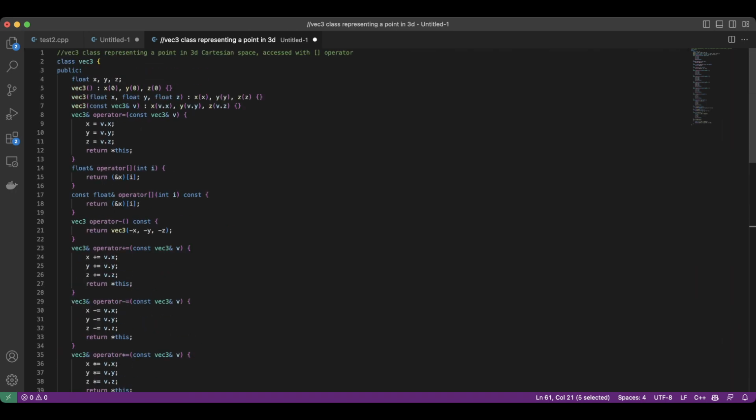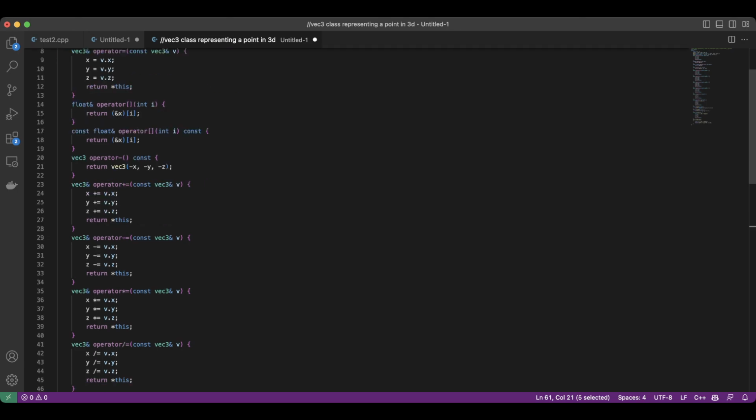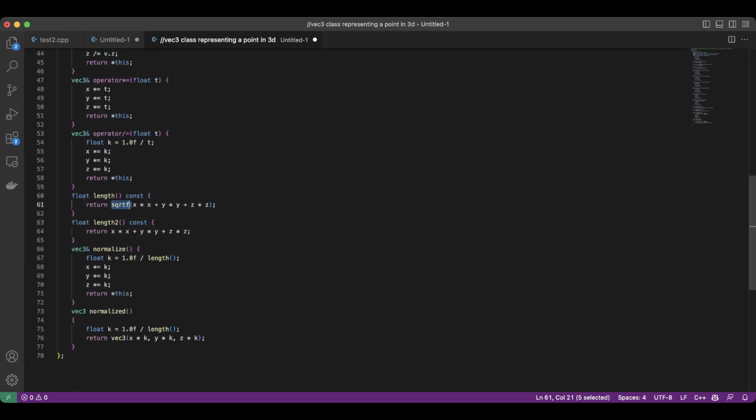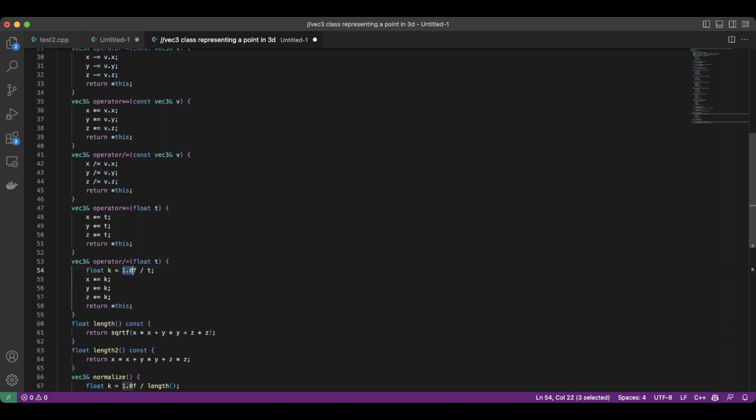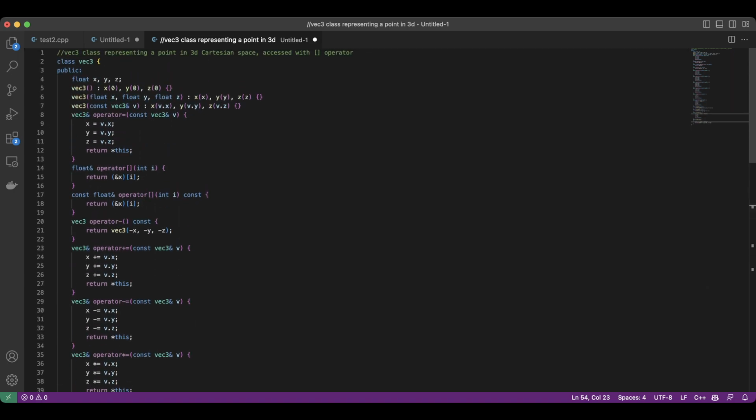I didn't tell it that I wanted double, so it's assumed I wanted float. But normally you'd use standard square root, which is overloaded for double and float, rather than the old-fashioned C-style float, but never mind. It's done nice things like put the literals in with a specifier to say that they are floating point literals, but it's done something really, really dangerous when it's implemented the square brackets operator up here,